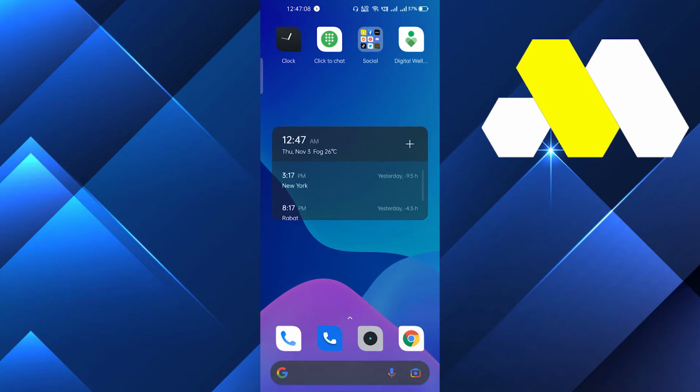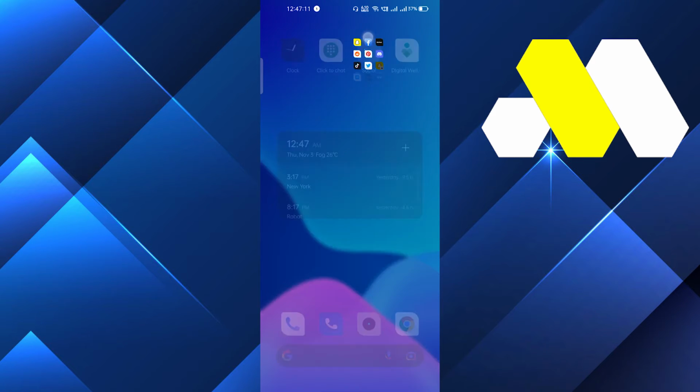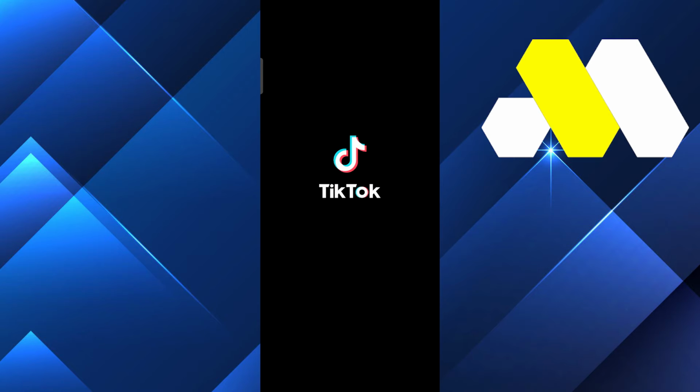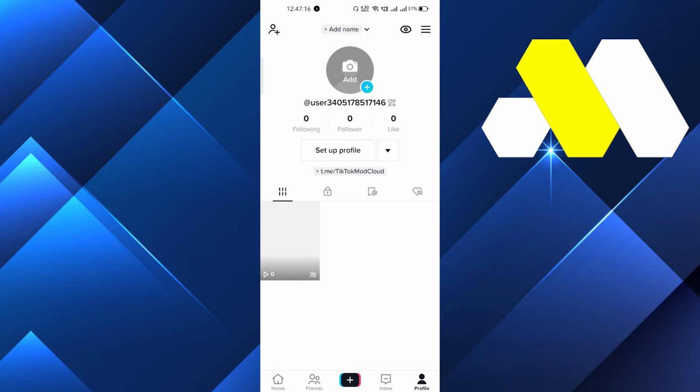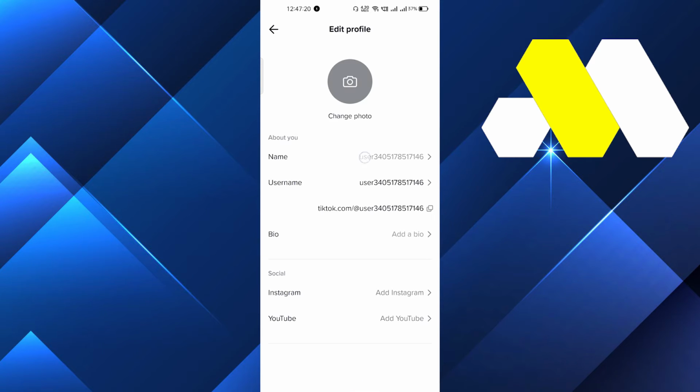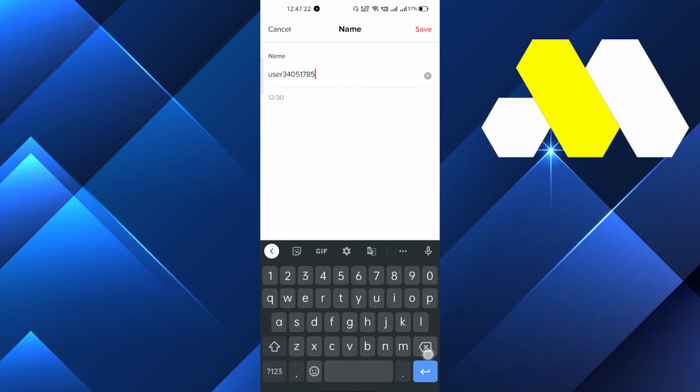Hey guys, in this video I'm going to show you how to change your username on TikTok without waiting for 30 days, right? So we will go into the TikTok mobile application here. You can change your username after 30 days, but if you can't, then you have to click on the setup profile, and after that you have to click on the name. And if I want to change my username, let's say,